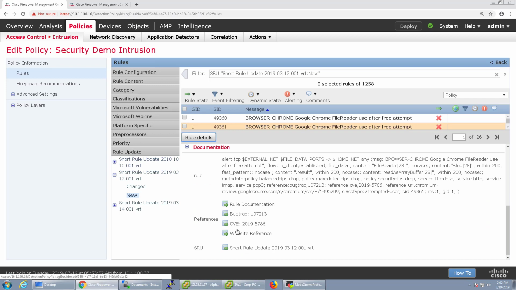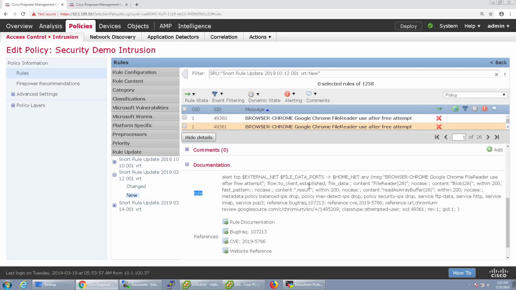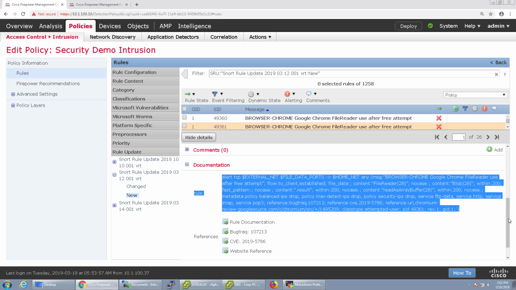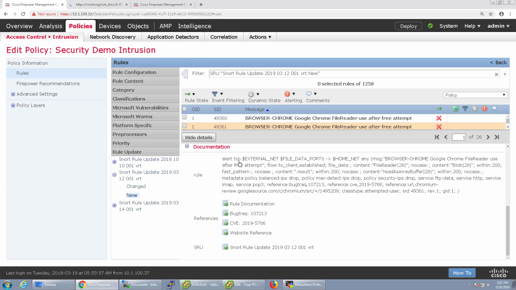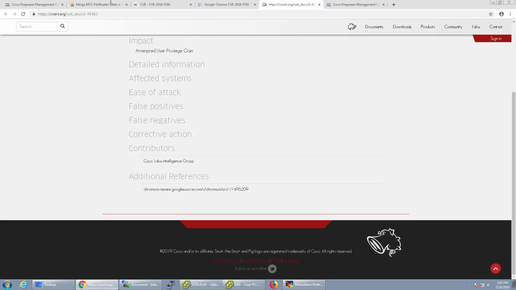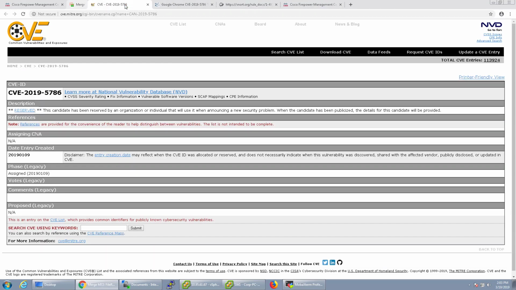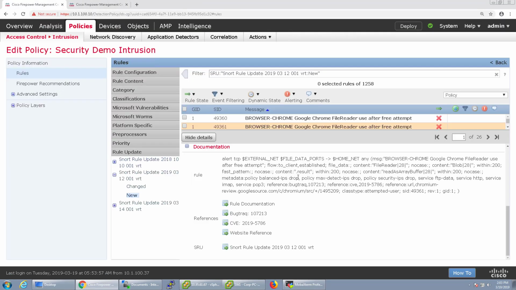So in this case, if I scroll down here, you see the actual raw Snort rule, which if you can read that, that's awesome. You can also see references like rule documentation that'll take you to third-party sites. So this one's a Snort site, this one's Security Focus, the CVE, and website references. So it gives you a little bit more detail about this rule and how it was created, if you need to dig in and say, hey, why is this